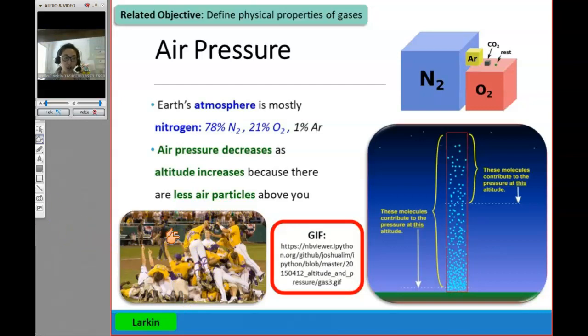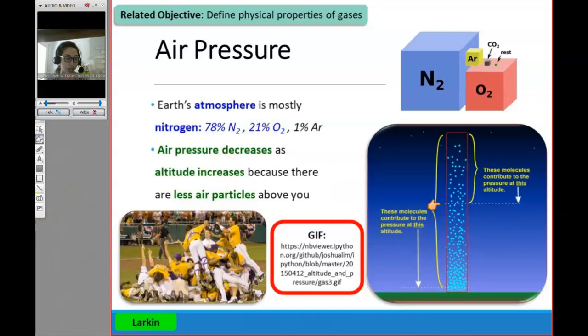All right, I'm saying most people would rather be on the top of the pile. And why would that be? Yeah, the person on the bottom can't breathe, right? You don't want to get squished by all these people. So this is exactly the same thing that's happening with air particles. Air above you is a dog pile, which means that the more particles there are above you, the more those ones on the bottom are being squished, and the higher pressure there is, and the more particles there are for you to breathe.